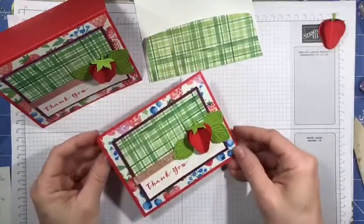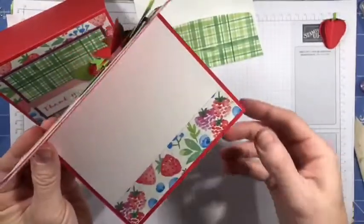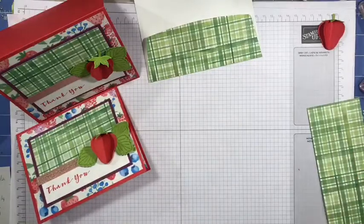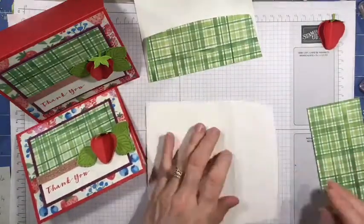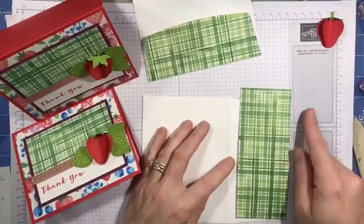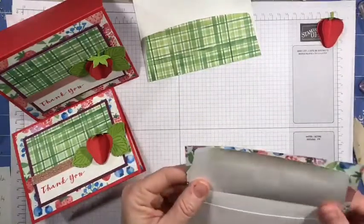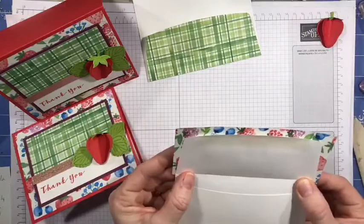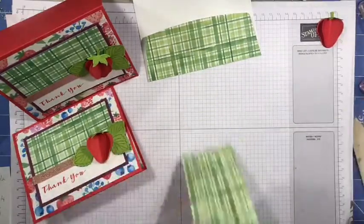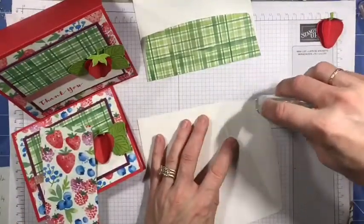So now you have the outside of your card, oops, the inside of your card, and now we just need to do our envelope. And this is super easy. Again, scraps work well when you have smaller pieces. So I cut mine to about 2.5 by 6. You can go a little bit smaller with your cuts, if you see, but I find that gives me enough kind of like room to cut around. So what you're going to do is add your adhesive to your flaps close to the edge,